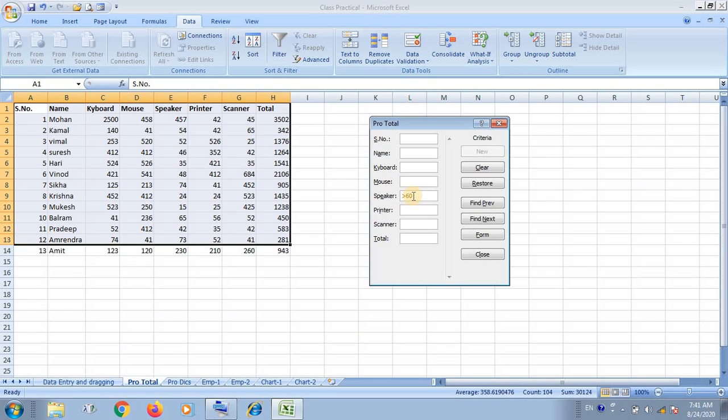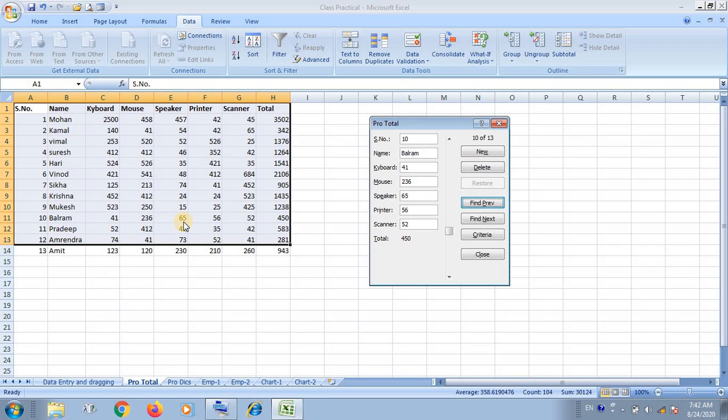Then you click one by one. You are looking here, first record number 13, then previous, and next there is no record. The second record is 12th number, which also has more than 60 speakers.